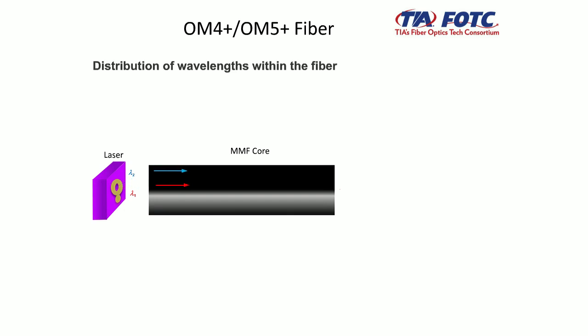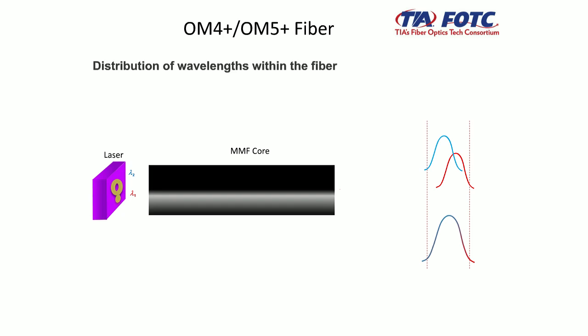And what happens is those higher order modes of a different wavelength get delayed. So I'm hoping you're seeing it here. The blue light is delayed with respect to the red light, and I'm just saying blue and red as two discrete wavelengths. And what happens is there's a spreading of the pulses that get sent over the fiber depending on the relative